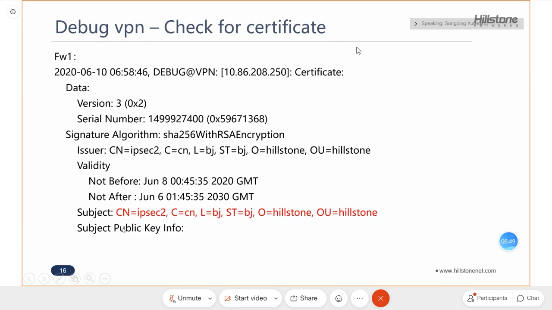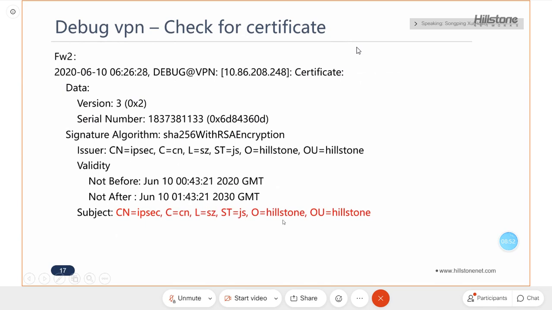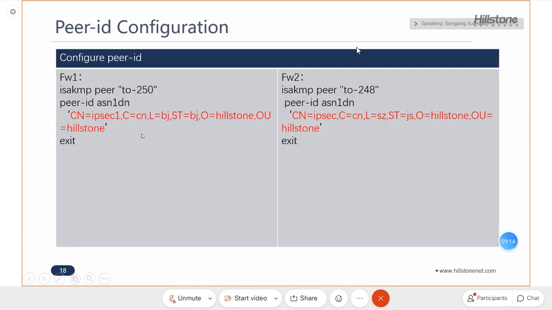And also, when you install this self-signed certificate on the other firewall, you need to follow the format, which I'm going to show you after the presentation. We will do the demo, so you will see how to configure. As you can see, this is the ID that you need to add into each firewall, for the peer ID,